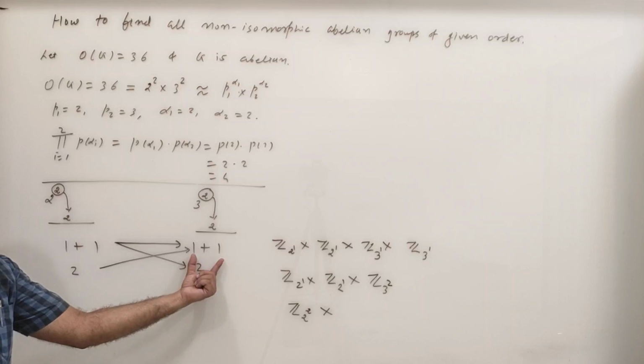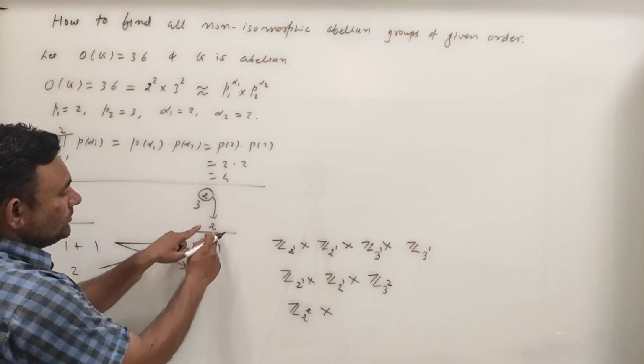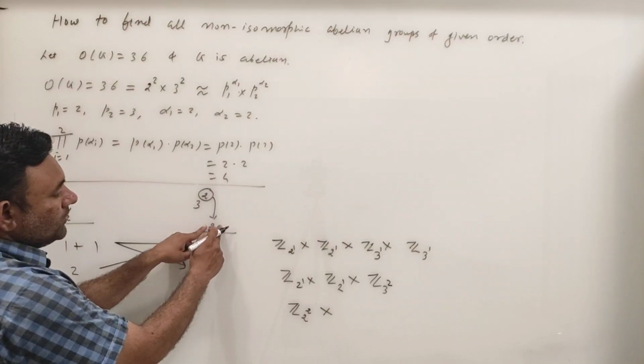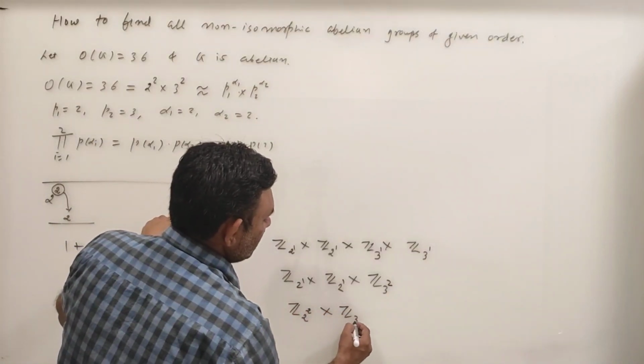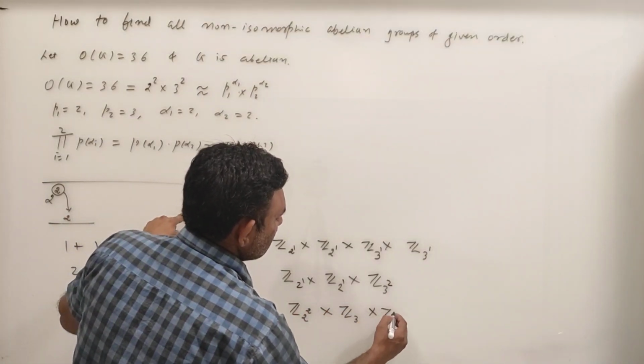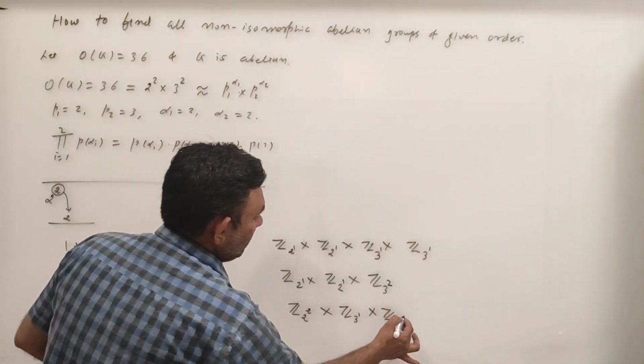So corresponding to 1 plus 1, what do I have? This 1 plus 1 is a partition of these two, and the base for this 2 is 3, right? So here I will write Z3 cross Z3 and 1 1, so here 1 and 1,